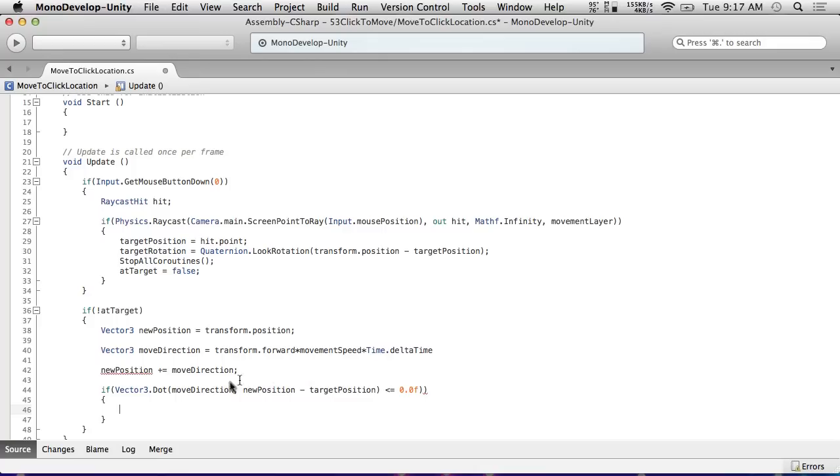So what this means is we're doing a dot product, and the dot product, if you have two vectors that are pointed in exactly the same direction, they will return 1. If they're pointed in exactly opposite directions, they will return -1. And what's really useful is at 0, they're perpendicular. So anything lower than 0 means behind us. So if our move direction dotted with the direction to the target location are pointing in the same direction, that means we haven't reached it. If they aren't, that means that we've passed it. And so if it's less than or equal to 0.0f,